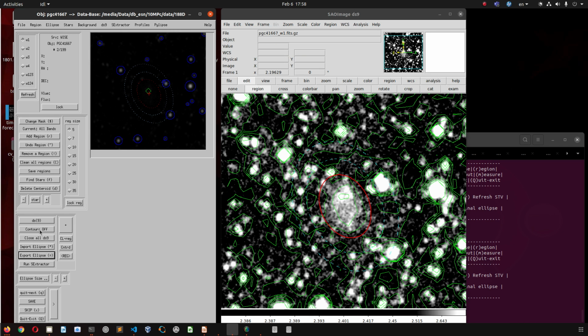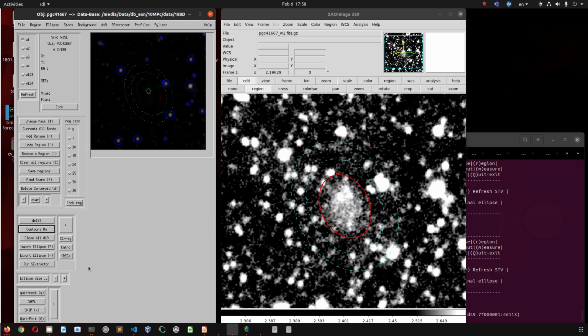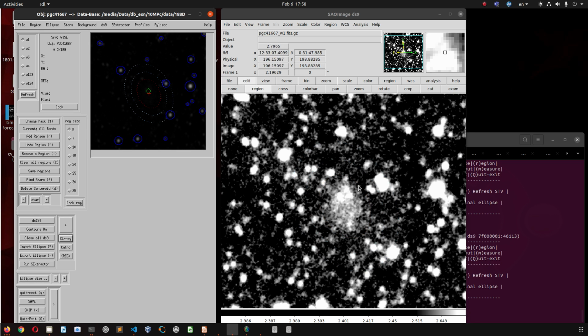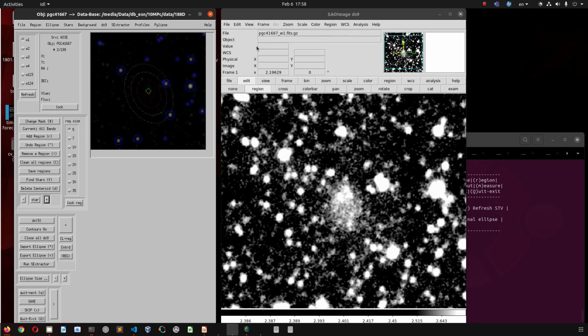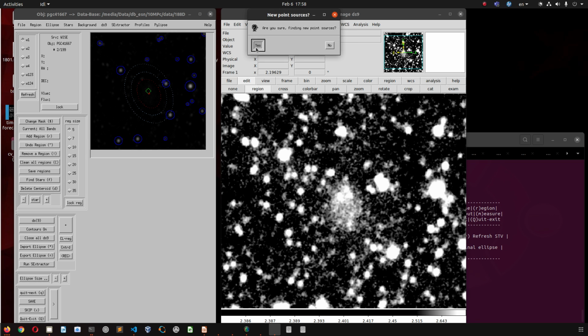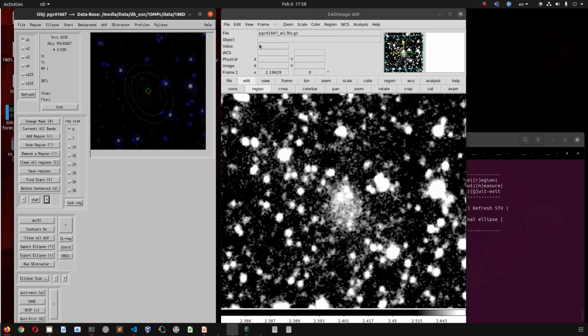I'm going to turn off the contours, and I'm going to clear the centroids on DS9. These are the objects that we observe here, and there are many point sources. If you are going to find more of them, you have to increase this sensitivity. It finds a few of these, but if you want to capture or mask any particular region, you can use DS9